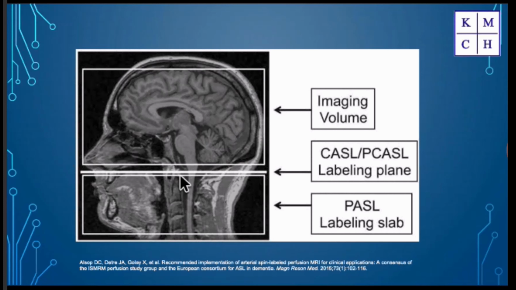Try not to keep it in areas which might have susceptibility artifacts, like a dental filling or a metallic thing. And preferably, we also need to look at the age of the patient because that determines your post-labeling delay. We also have certain recommendations like the ACPC line. We take 8.5 centimeters below it, just below the cerebellum, but these are all not standardized.